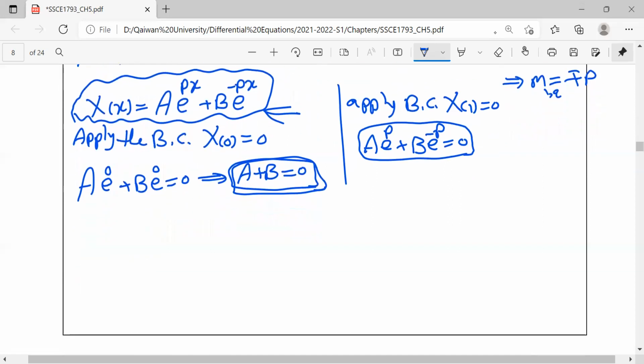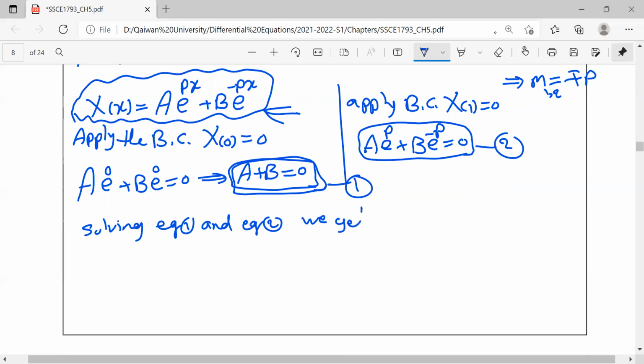Here, let's say this is equation 1 and this is equation 2. Solving equation 1 and equation 2, you can use Cramer's rule, you'll get that a is 0 and b is 0 also. A is 0 and b is 0. If both are 0,